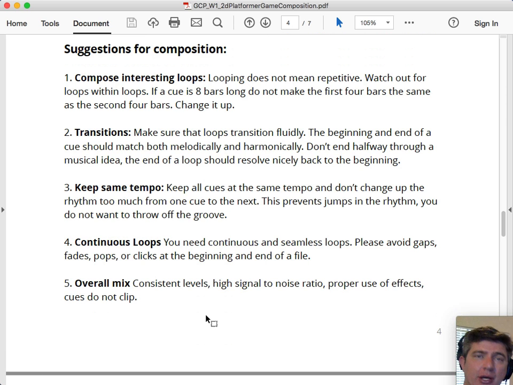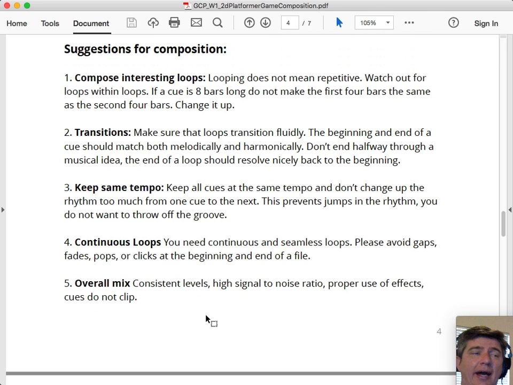Overall mix. You ultimately have control of the mix. You are creating both the music and sound effects. So you need to create the music with the intention that the sound effects are also going to be playing. So nothing kind of overloading and distorting the output. A lot of times I'll see compressors and limiters put on the master, and it just cranked in there, and it flattens out and loses the dynamic range.